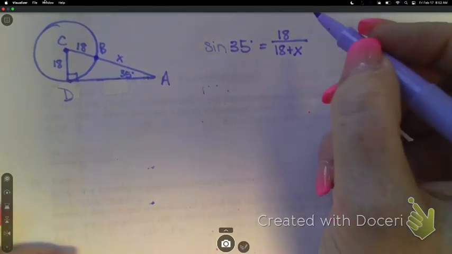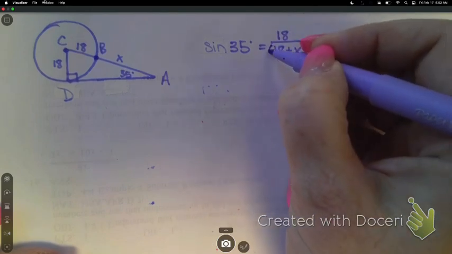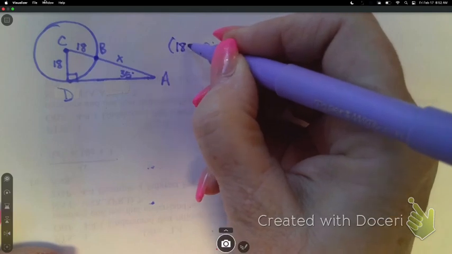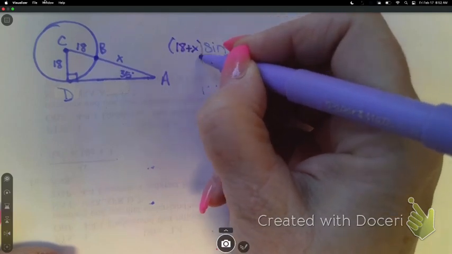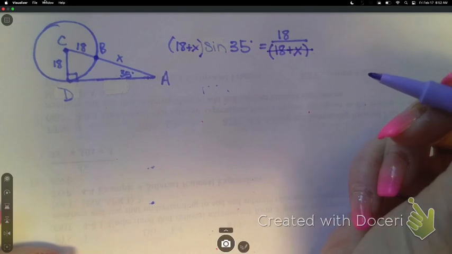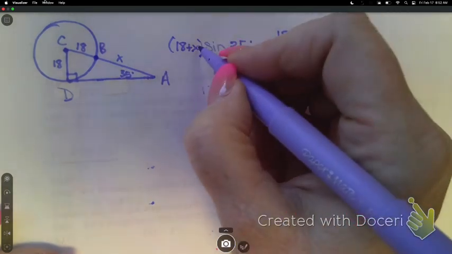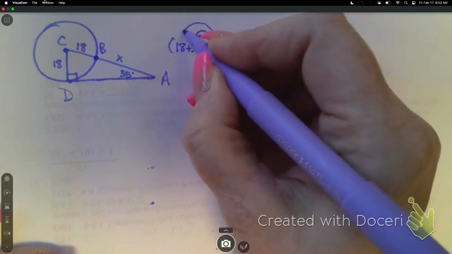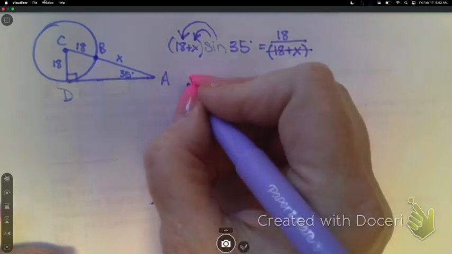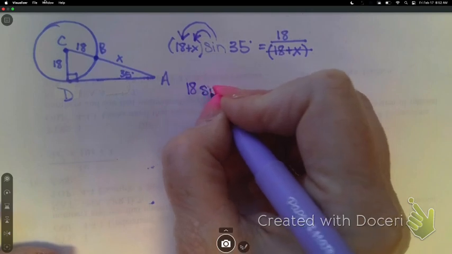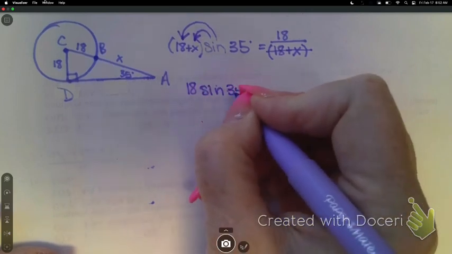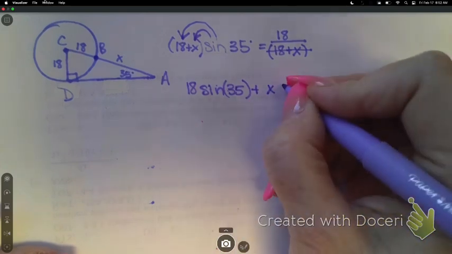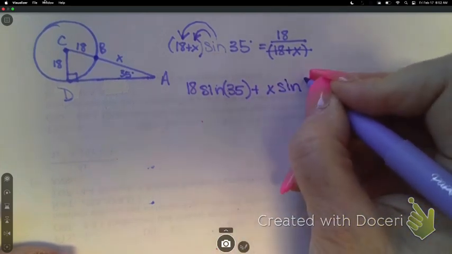I have to multiply both sides by this quantity. Before I can get to the x, I have to distribute. So that gives me 18 sine of 35 plus x sine of 35